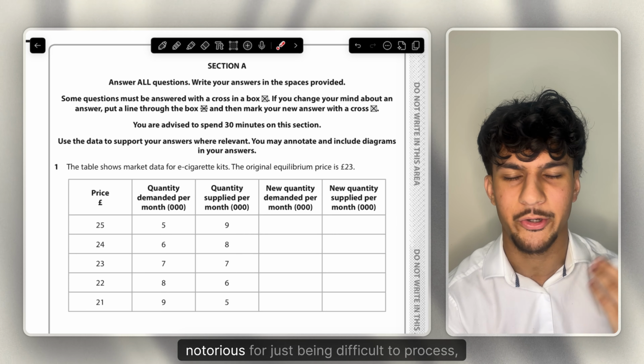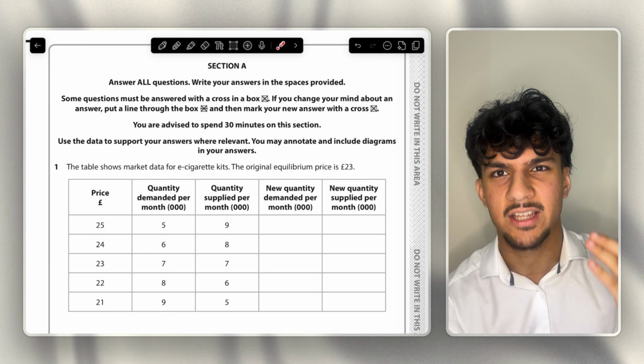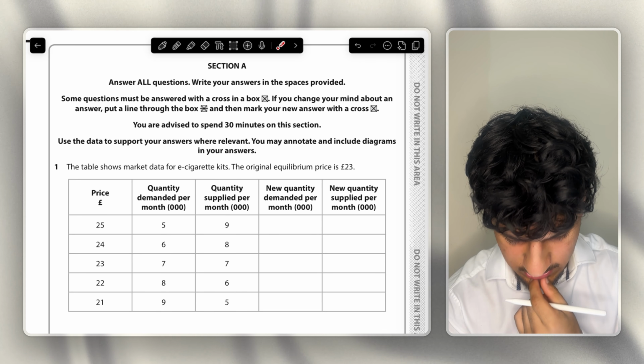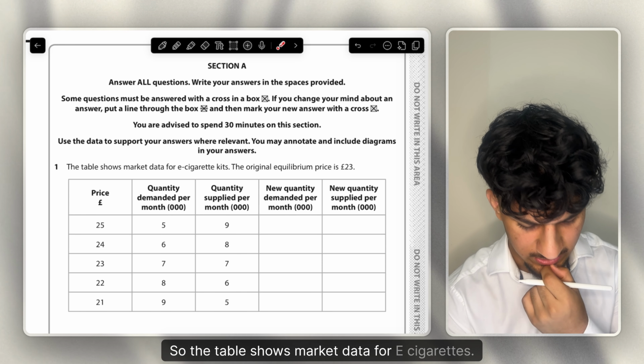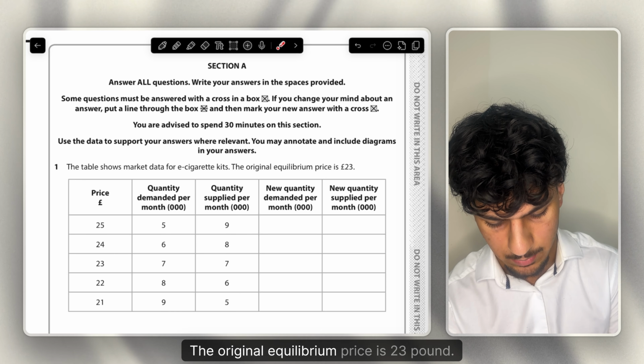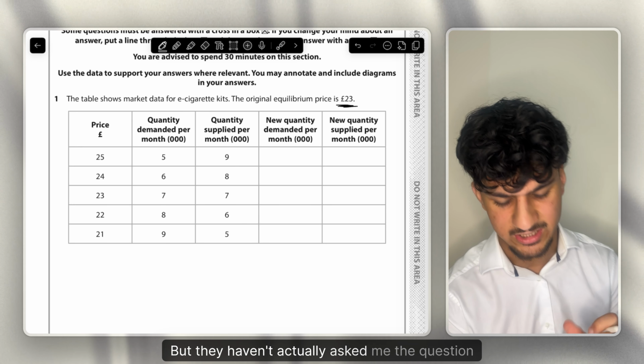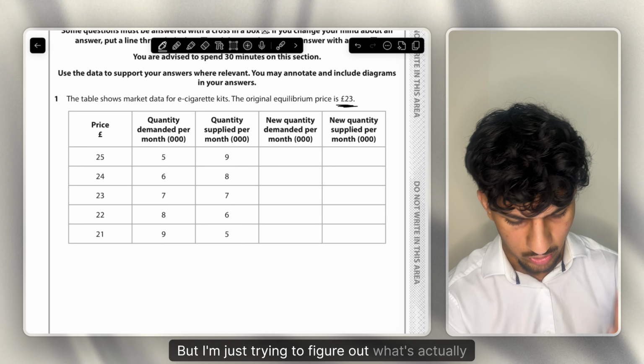Table questions are notorious for just being difficult to process, difficult to actually understand what it's asking you, but let's see how this one goes. So the table shows market data for e-cigarettes. The original equilibrium price is £23. That might be relevant, so I'm going to underline that. But they haven't actually asked me the question yet, but I'm just trying to figure out what's actually going on